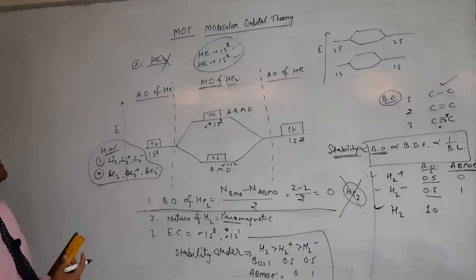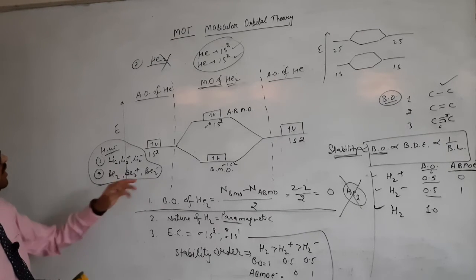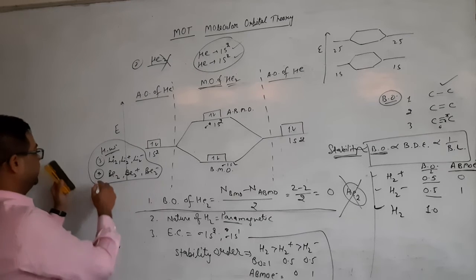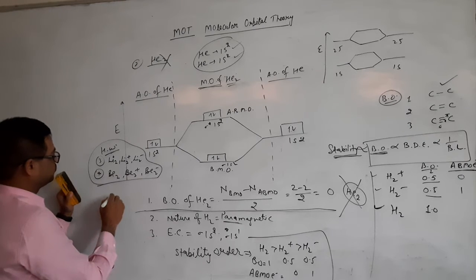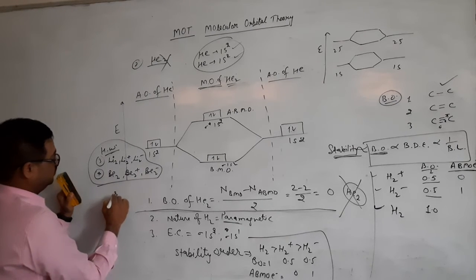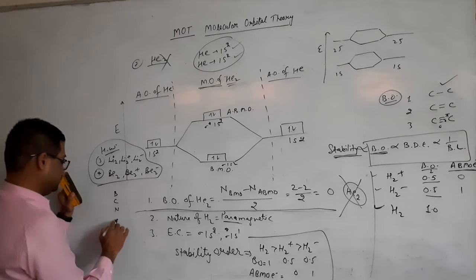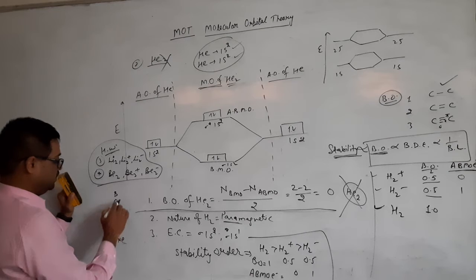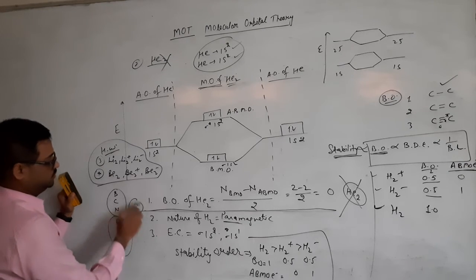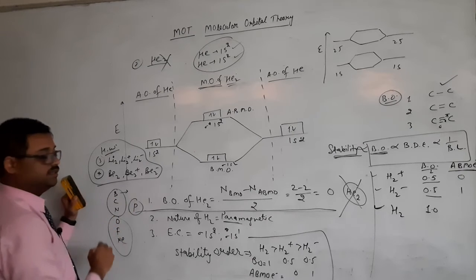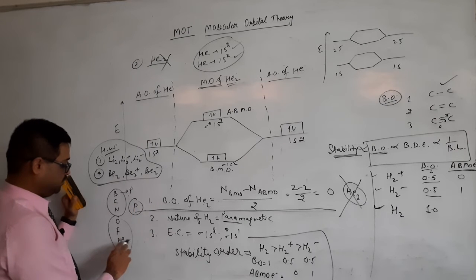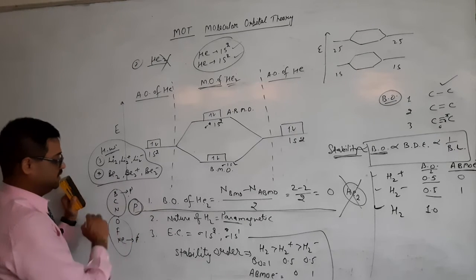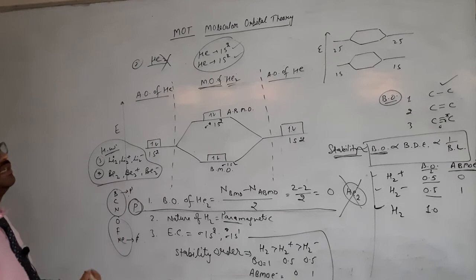Tomorrow we will take the next part of molecular orbital theory, in which we will have the next molecules. Next means after this beryllium you will find boron, carbon, nitrogen, oxygen, fluorine, neon. These actually have p orbitals also. If you see the electronic configuration, p1 is there with boron, and up to neon p6 is there. So p orbital is there. This has a certain technique which I will tell you tomorrow.